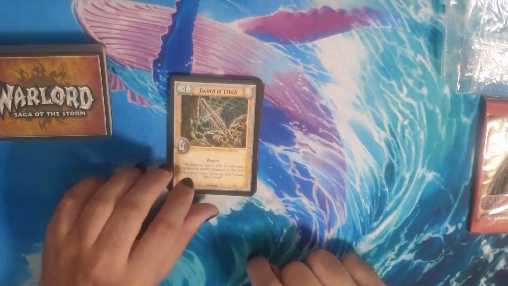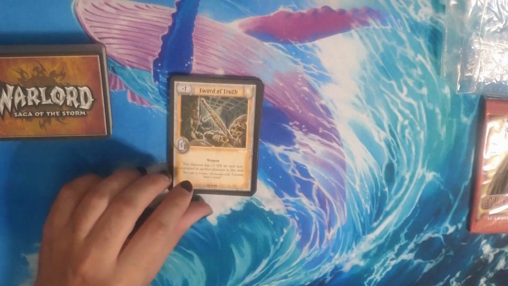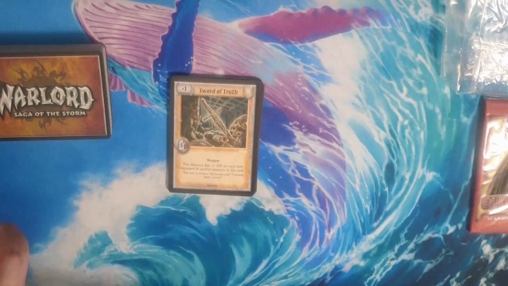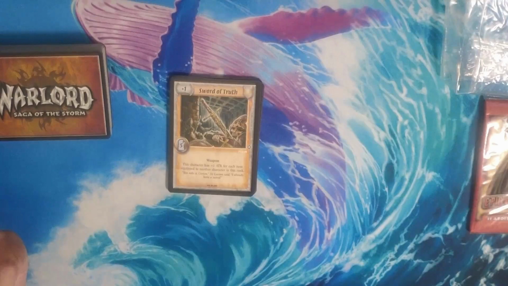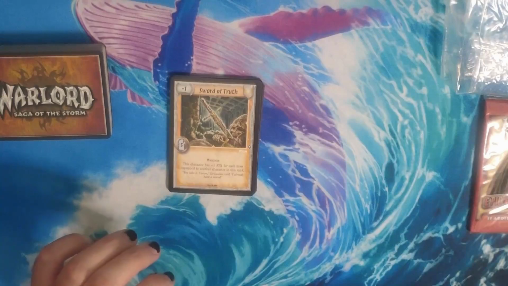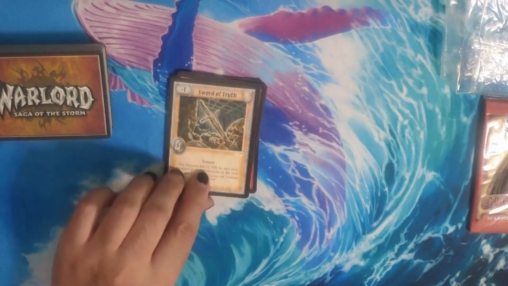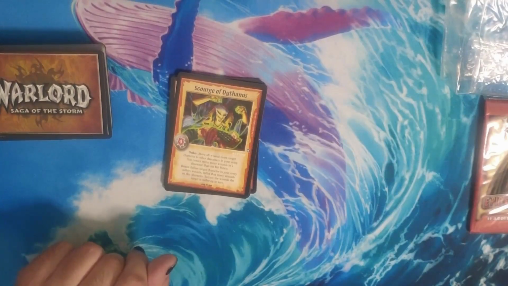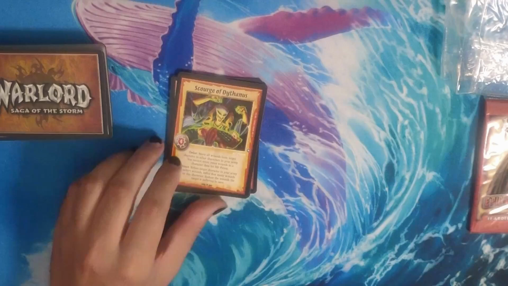But some of the starters are not super well designed from early on in the game's run. This would have been somewhere around the 15th, 16th, maybe 18th set that they produced, including the base edition and the campaign edition. So anyway, continuing on, we've got Sword of Truth, Scourge of Dithanis. See, this is uncastable in this deck, so this has to be